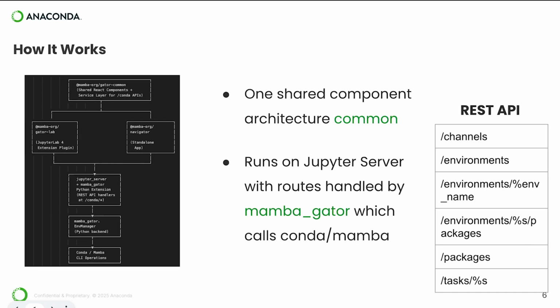And in that Jupyter server, we register a Python extension, Mamba Gator, and that's where all the REST API routes live. So we have endpoints for channels, environments, packages, and tasks. This is a JSON-based API. It's very lightweight, and the front end can request a list of environments, a list of packages, and really all the commands that